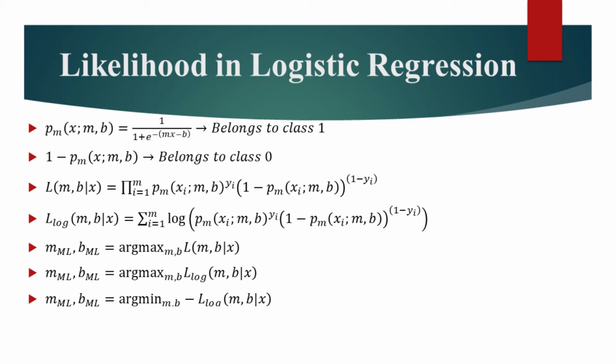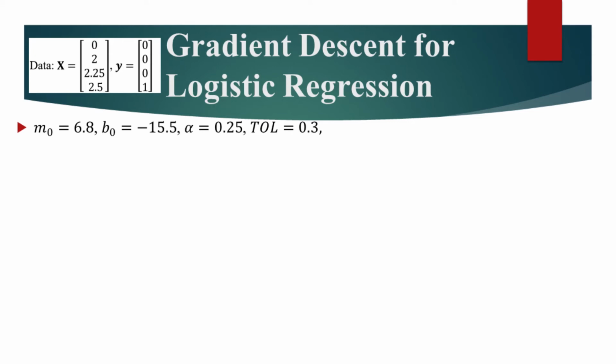Let's try to approximate the optimal M and B that fit the following data using gradient descent. Because descent is a minimization algorithm, we will use the negative log likelihood. We will start descent with the initial M of 6.8, initial B of minus 15.5, learning rate of 0.25, and a tolerance of 0.3. We want the absolute sum of the partial derivatives for M and B to be less